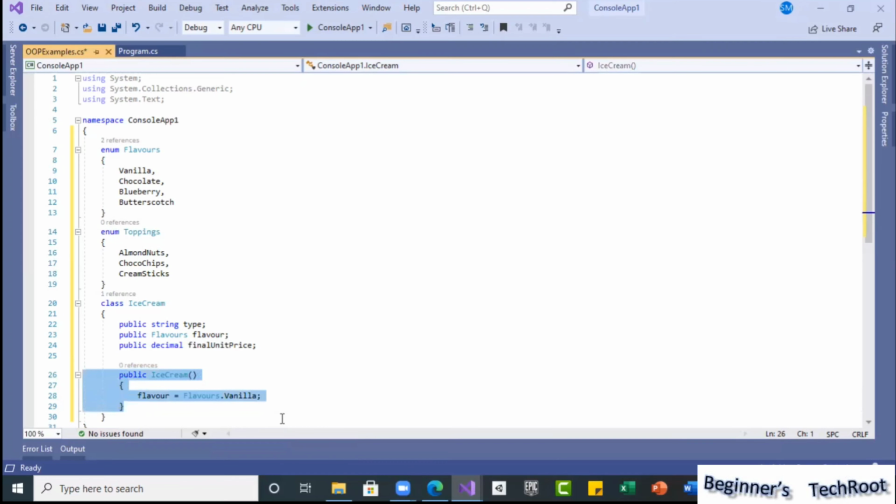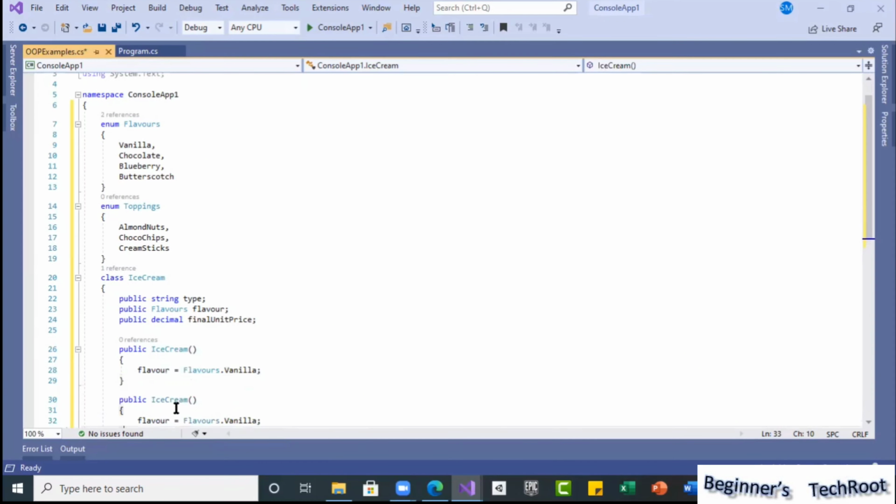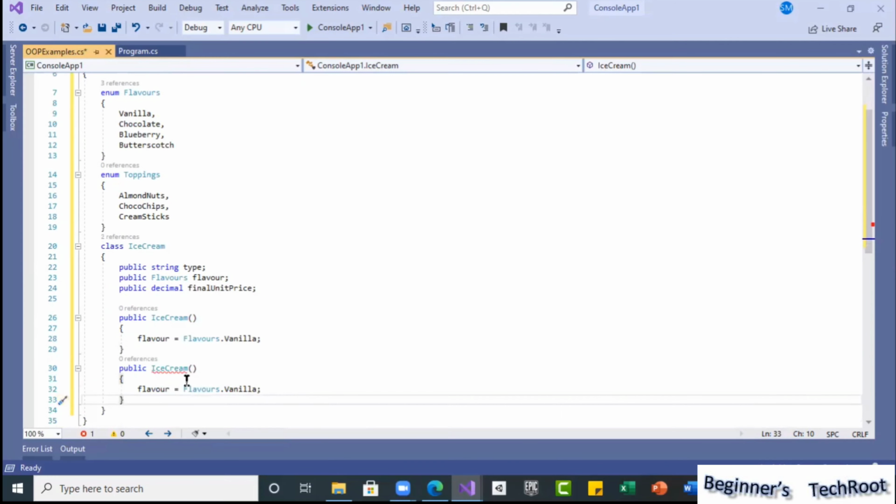Then suppose we want to allow choices, so I will make one more constructor. As a constructor, I am going to overload. I'm going to include all the concepts here for a better understanding, so that is the reason I'm adding all these things. In this, I will give the choice for the flavors, so I give a parameter with the type Flavors, and here I will use the same flavor name.